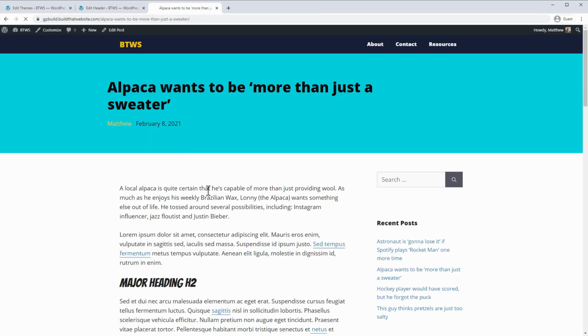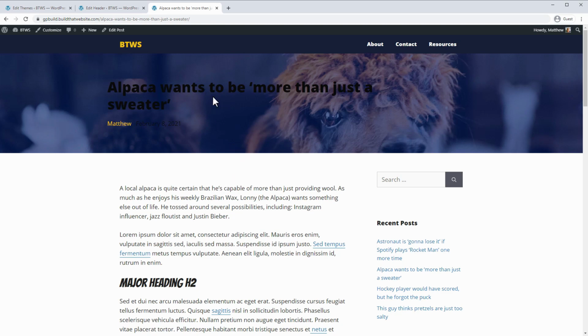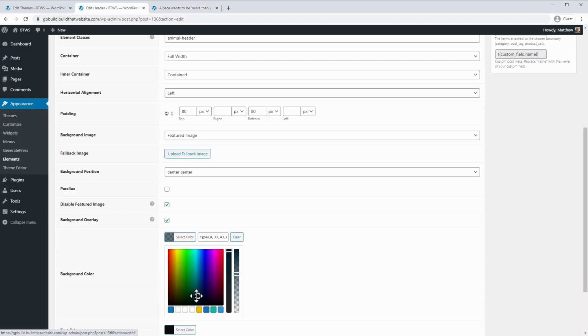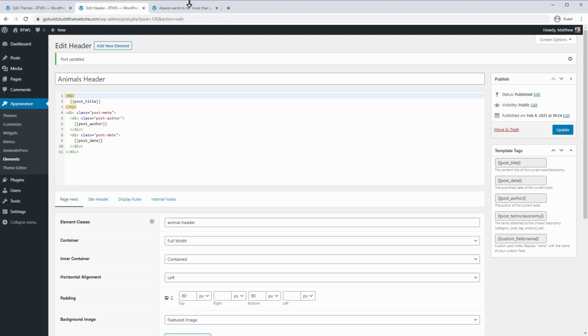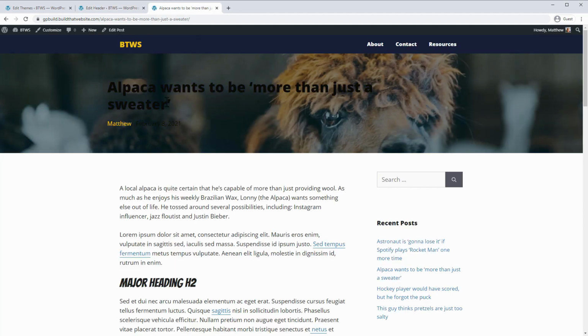So we'll hit update and refresh. And I think I probably want it to be a little bit less blue and more gray. So we'll try that, and maybe a bit less transparency. Or a bit more transparency, that's what I should say. Okay. Now the next thing we need to do, obviously, is change the text color because we can't see it